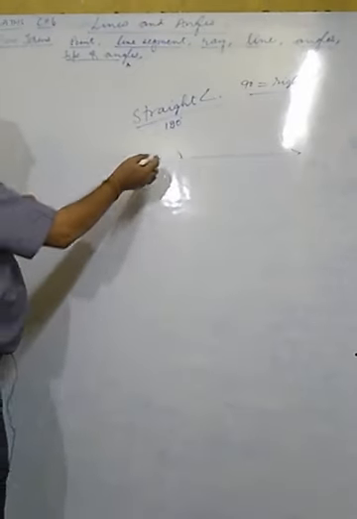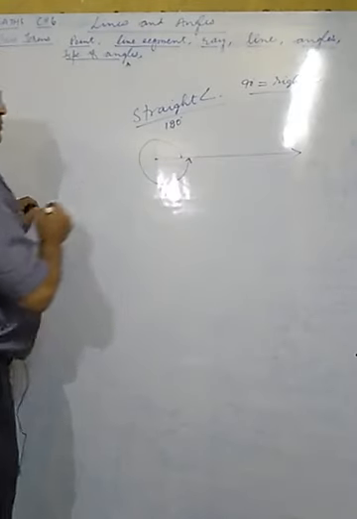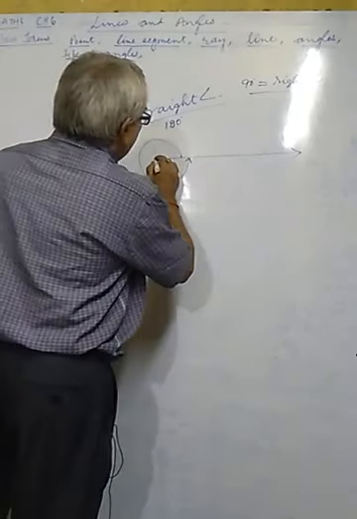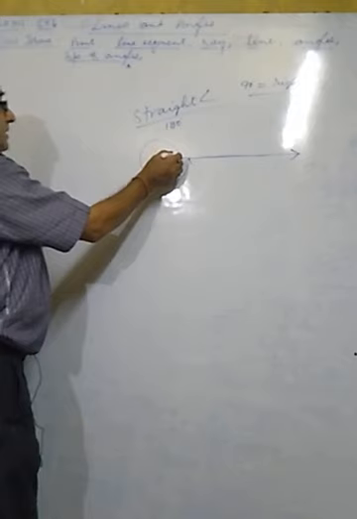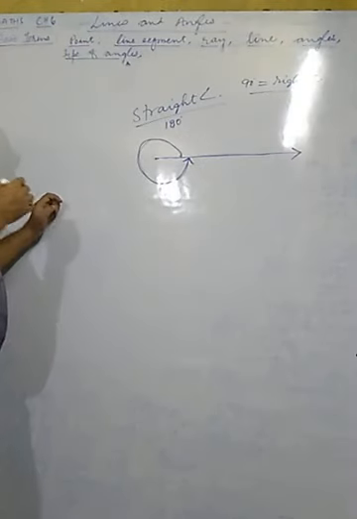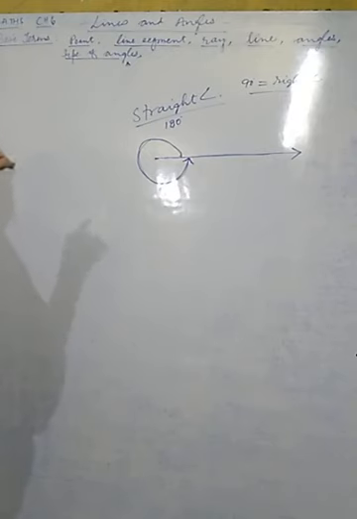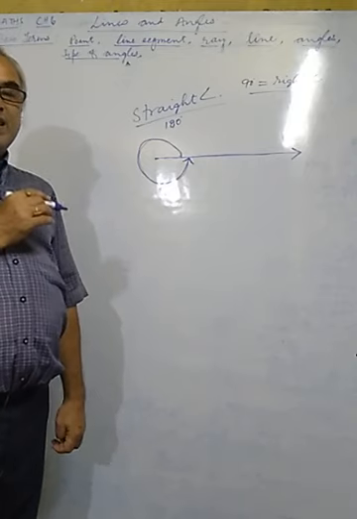Suppose a ray is going, and after one complete rotation, the second ray is also overlapping there. After a complete rotation, just keep in mind, this is the symbol of complete rotation. It means we are talking about a complete angle, and this complete angle is of 360 degrees. Sometimes there is a confusion between 0 angle and 360 degree.